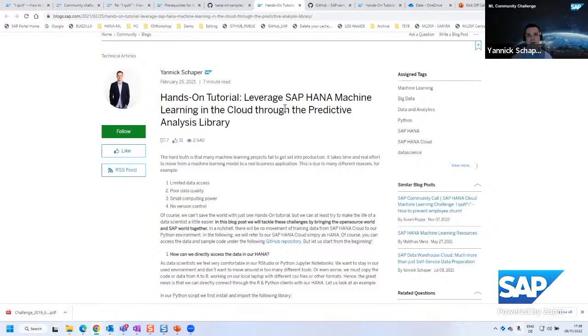Yeah, so of course, for this community challenge, we couldn't give out real data, especially for such employee churn use cases. So it's simulated data, but of course we made sure to make it quite tricky, and that it's also very close to the reality of such a use case.